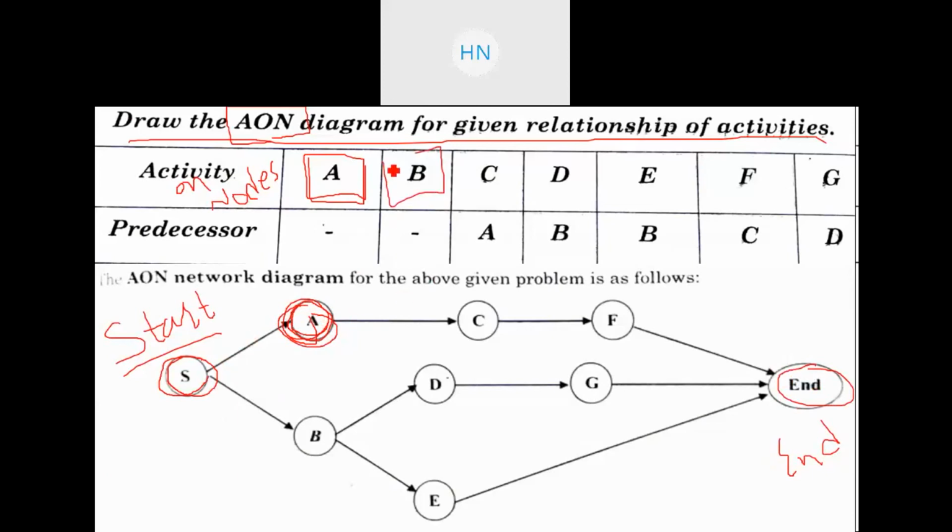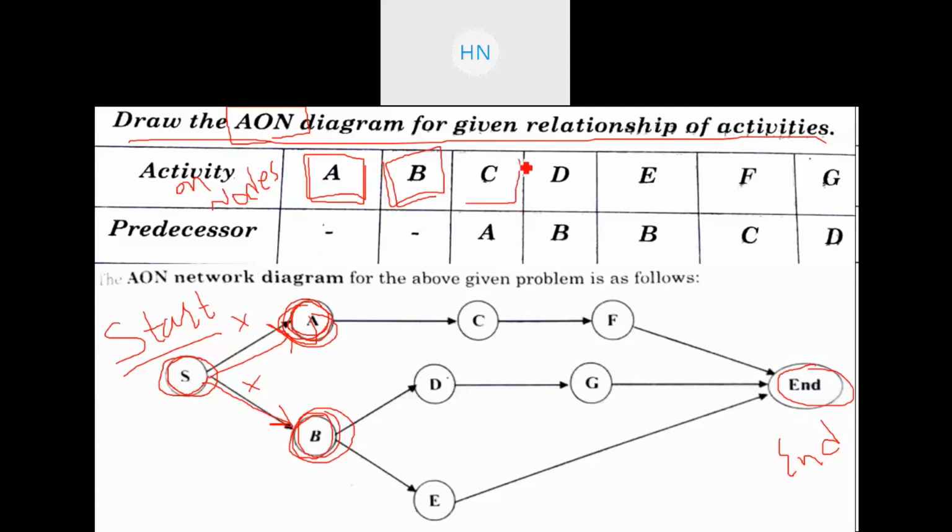Then activity B also does not have a predecessor activity, so we have one more initial activity, and these are the arrows that come out from the starting node, right? Now here you are not writing the activity on the arrow. There is no activity name on the arrow. We are writing the names inside the circle, right? That is activity on node. You are writing the activity name inside the node.